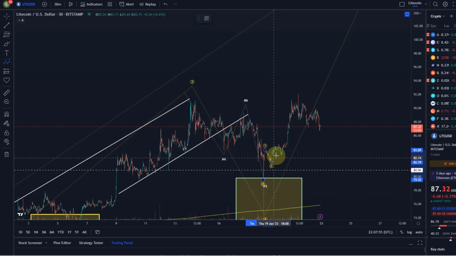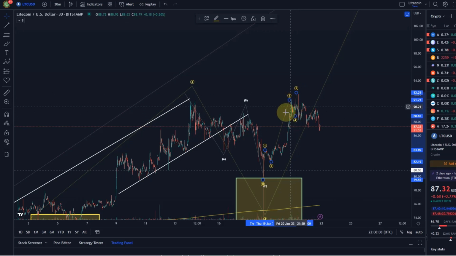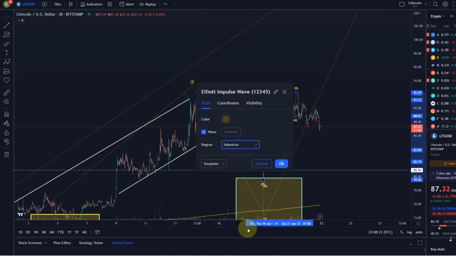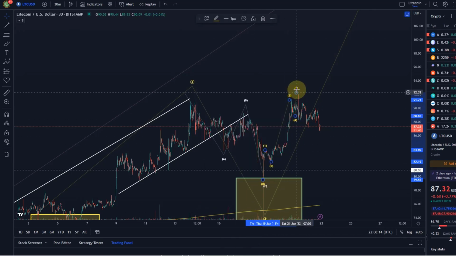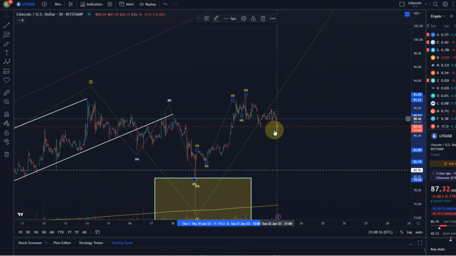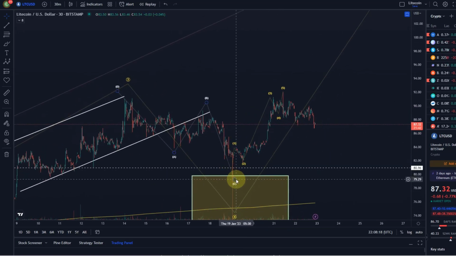1, 2 here. Then we had another small 1-2 setup. Here probably the 3, the 4, the 5 of 3. Then we had a shallow 4 and a 5. So I'm going to change the wave degree now, but this is sort of how this looks in 5 waves to the upside. So we had an impulsive move up off the low, also with that strong rejection candle down